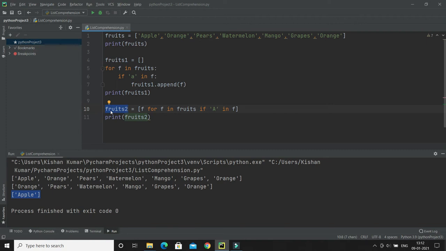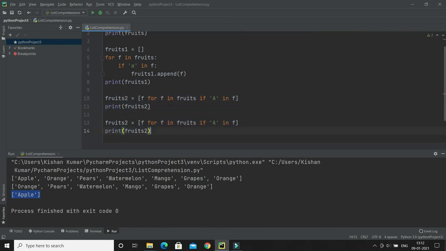So that's how basically list comprehension works. Apart from that, let's say now I'm going to create a new list, and give the list name as fruit 3. In this list, I would like to accept items that are not orange. Then how can we write that condition? Everything will be as it is, only the condition is going to change.